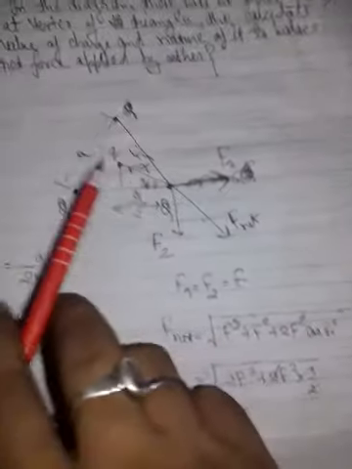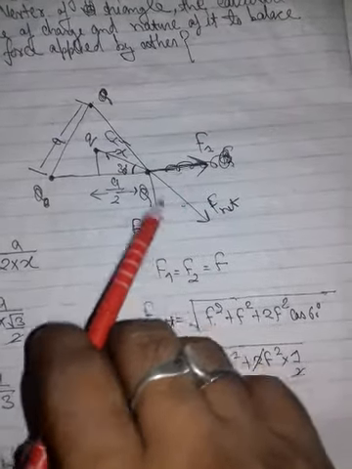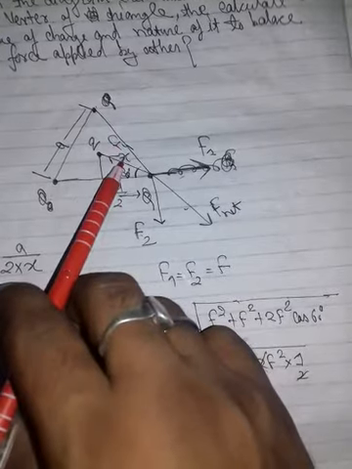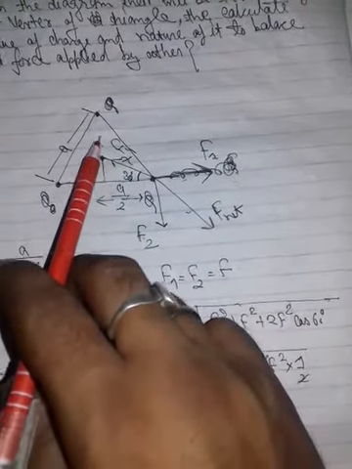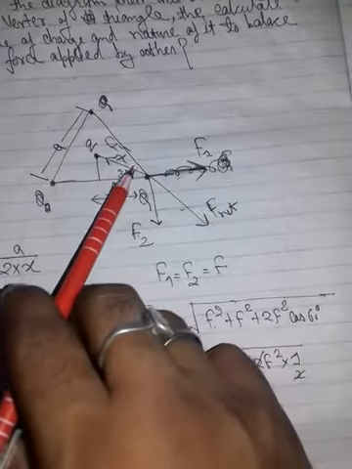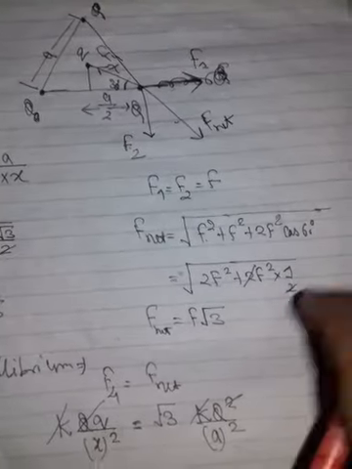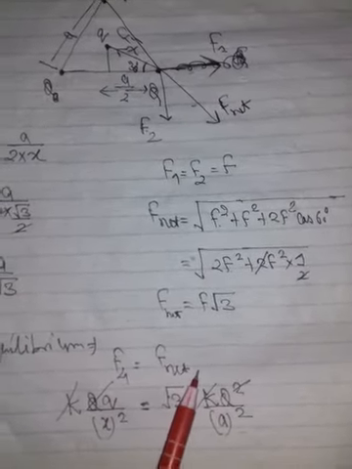For equilibrium, that means the net force is cancelled by the force F4, which is applied by the charge kept at the center. So this charge is in equilibrium. That means F4 is equal to F naught. Putting these values,